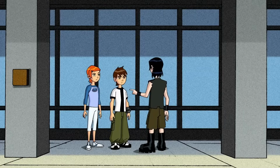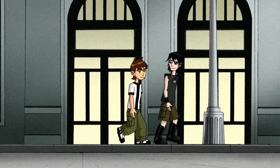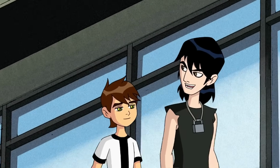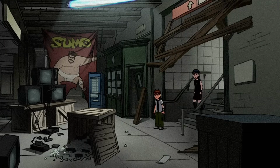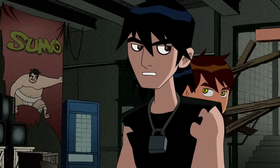Kevin invites Ben to explore, and Ben, ignoring Gwen's warning, agrees, leaving her behind. As Ben and Kevin explore the city, Kevin reveals his unique ability to manipulate energy, which he was born with. They arrive at Kevin's home, an abandoned subway station, where Kevin shares his backstory of being abandoned by his family